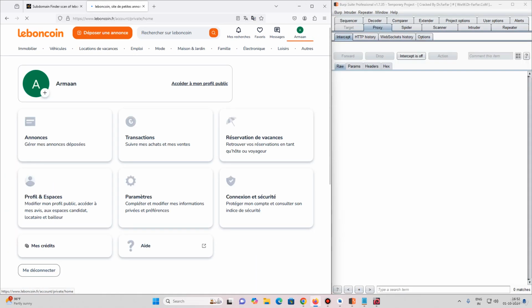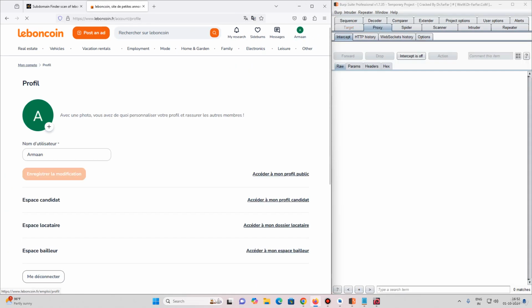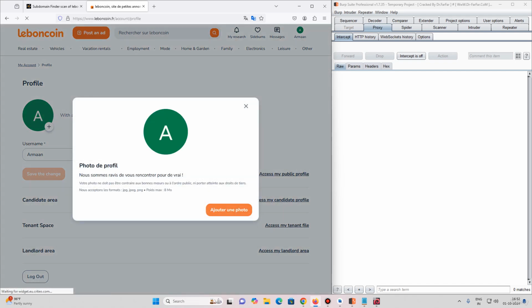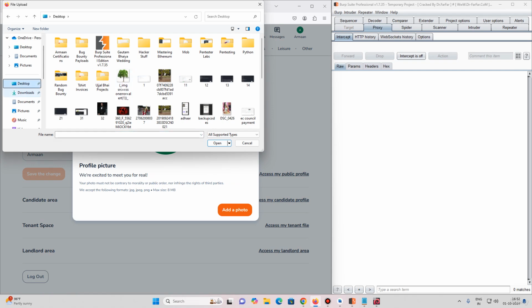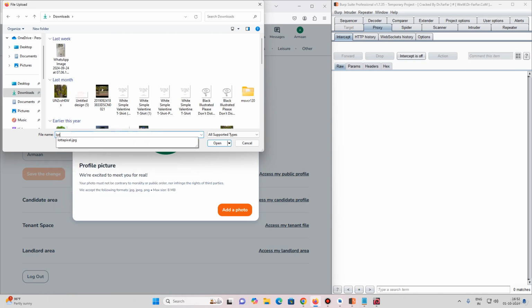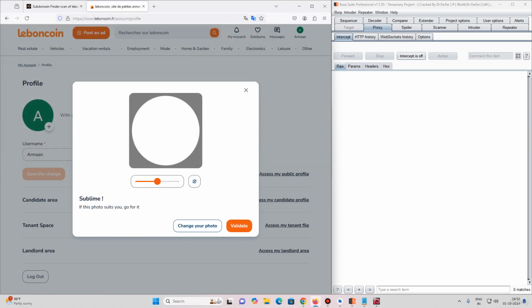Then let's explore another thing. Then there are profile spaces. We have an option to upload a photo. I click on add a photo and I'm trying to add a photo which is a lot of pixels. This image has a lot of pixels. If I let this go,